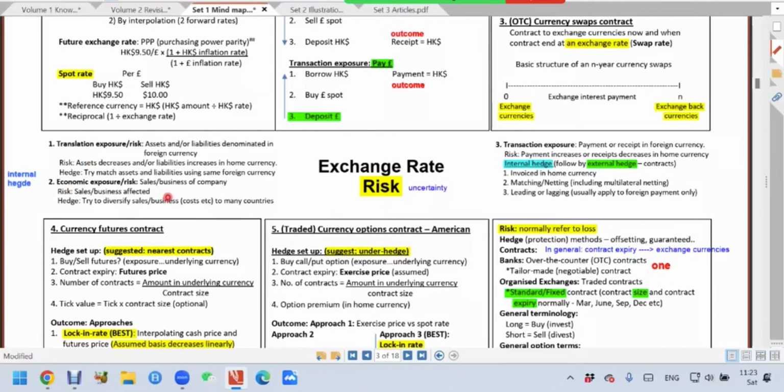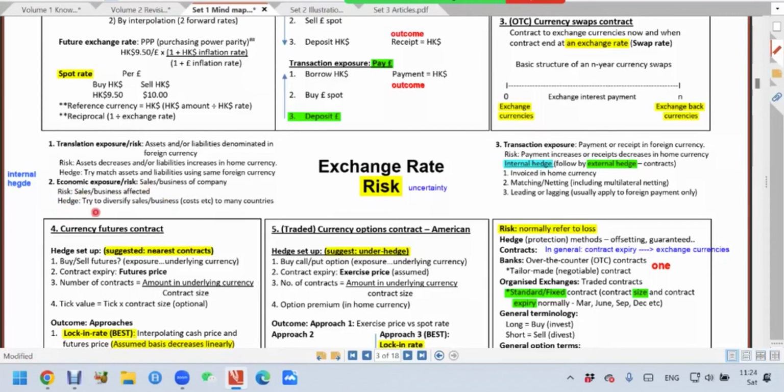In fact, everyone. Even if your company doesn't have import export, your company may be affected. Even the small hawker store or small coffee shop in Vietnam will also be affected if the Vietnam dong goes up. There are fewer people coming here and spending money. So your business will be affected also. So the risk of loss is that sales will go down, profit goes down, you have less profit, you have losses and so on. Hedging, one method only.